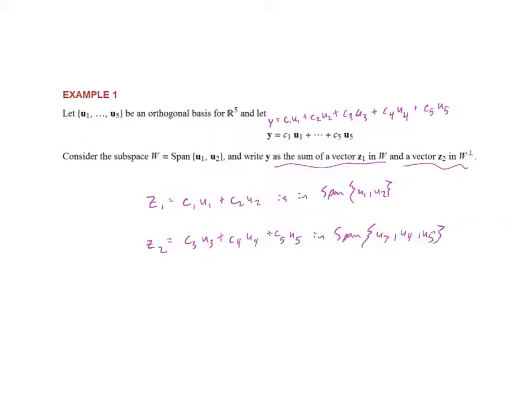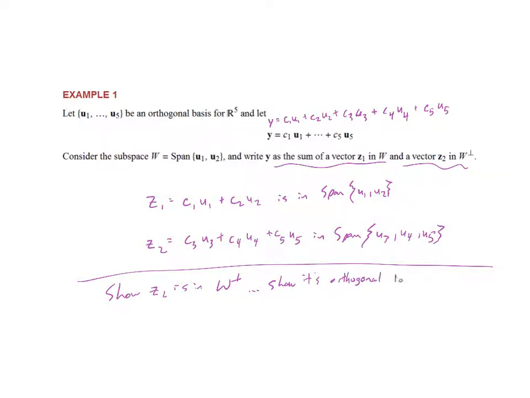Okay, so how do we know that z2 is in W perp? That's what the rest of this problem involves. Show z2 is in W perp. Okay, that is to show it's orthogonal to the vectors in a basis for W. Okay, so we take z2 dot u1 and we would show the work that says that